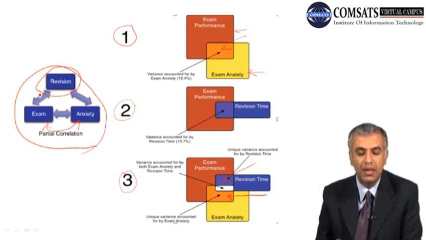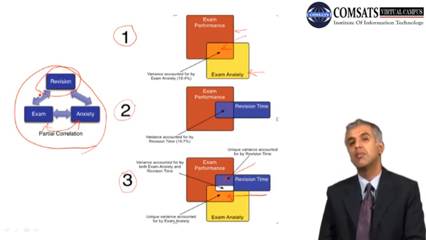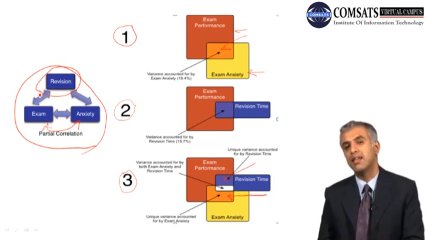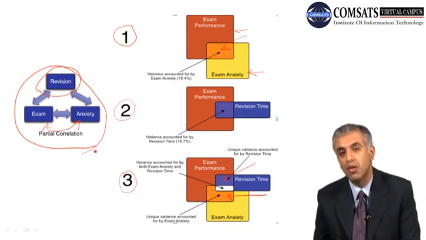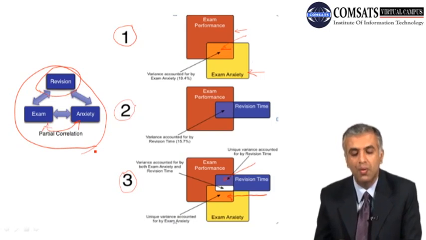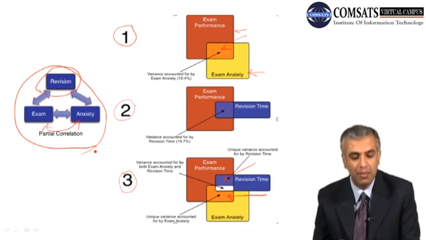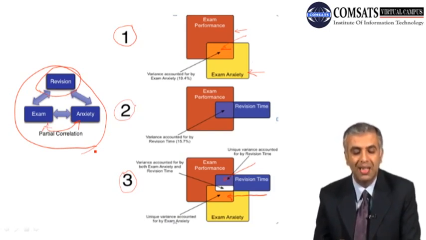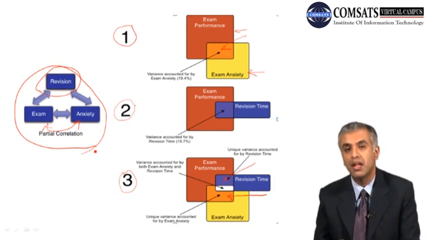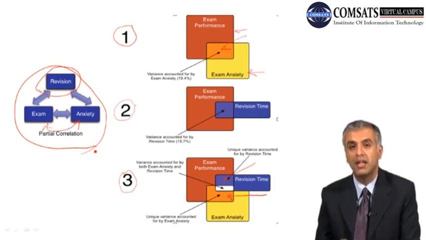So what would be the real relationship between these two main variables, exam and anxiety, if the effect of this third variable, revision time, is controlled? If we are able to control this third variable's impact, then we will know the exact amount of relationship existing between these two main variables. So